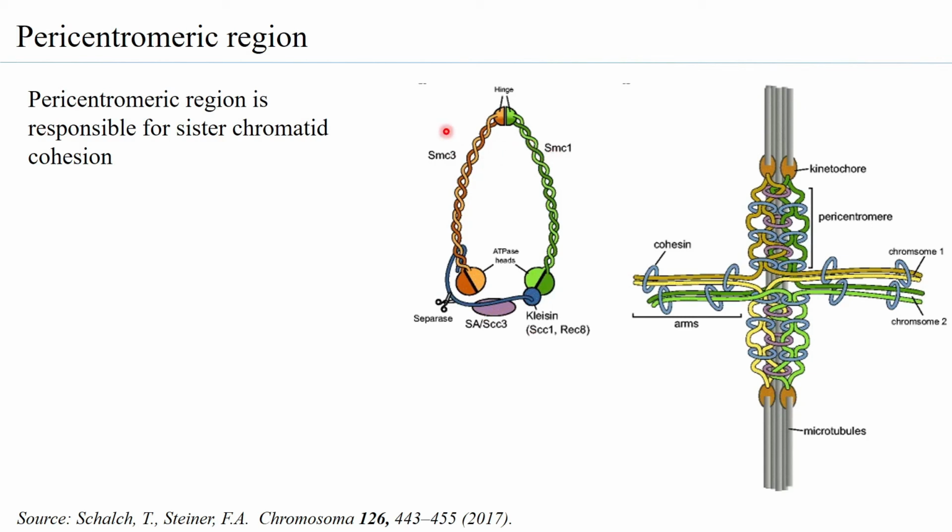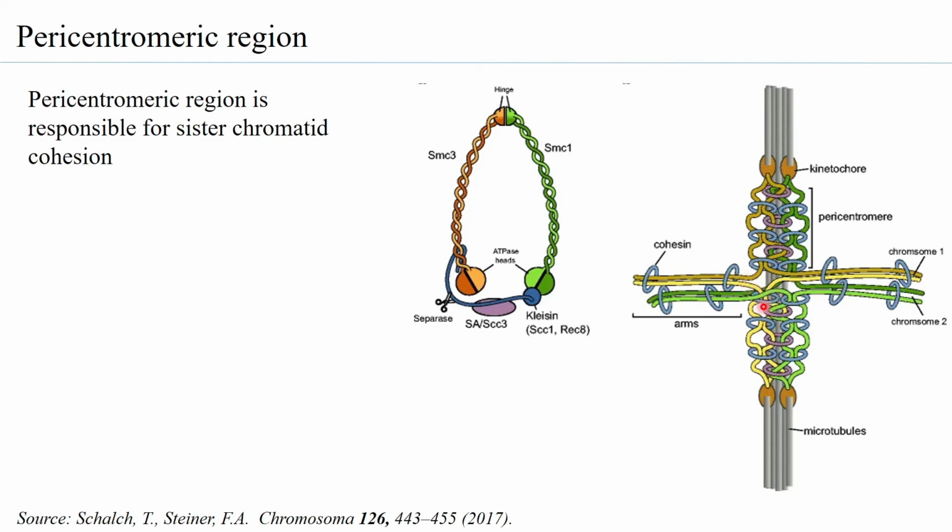You have what is called the hinges of the SMC bringing them together. You have kleisins, and you also have domains that have motor, or what is called ATPase function. So in fact this can open and attach, wrap around the entire double-stranded DNA. So you can already see that cohesin is holding the sister chromatids together.